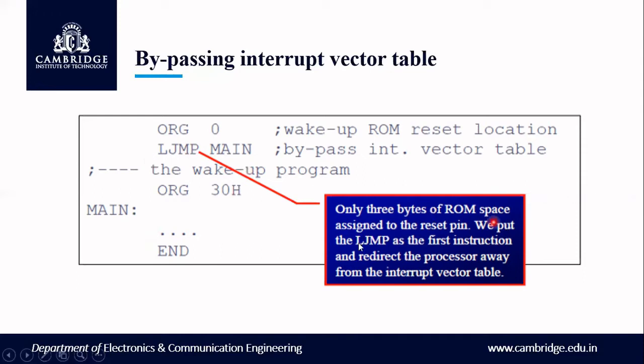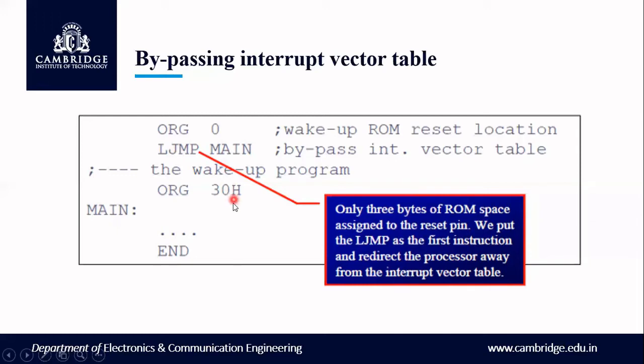Only 3 bytes of ROM space are assigned to the reset pin. We put a long jump as the first instruction and redirect the processor away from the interrupt vector table, so you're not disturbing the interrupt vector table. That we need to understand. This is an important concept to remember whenever you're writing interrupts using assembly code. Always write these 2 instructions first,